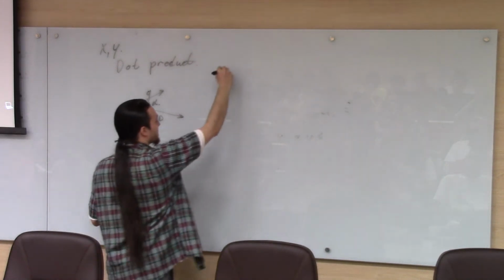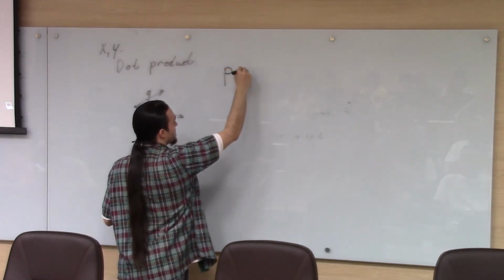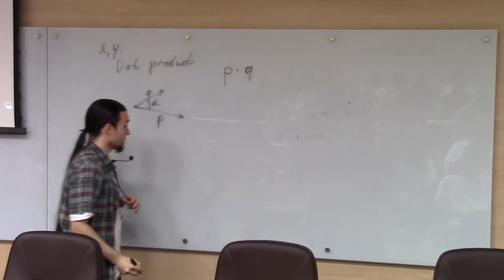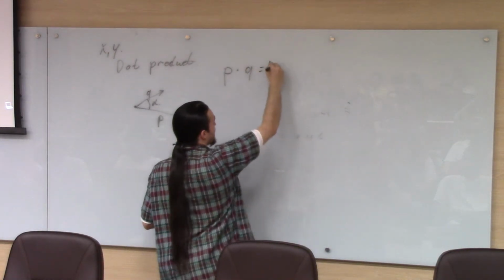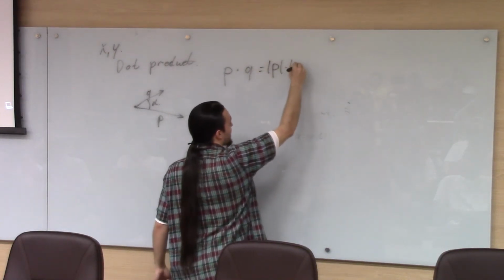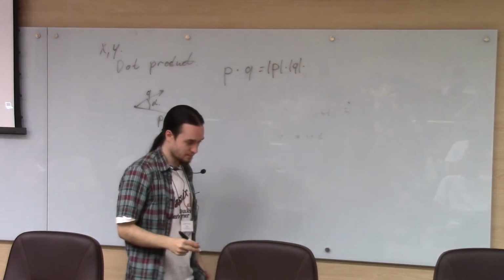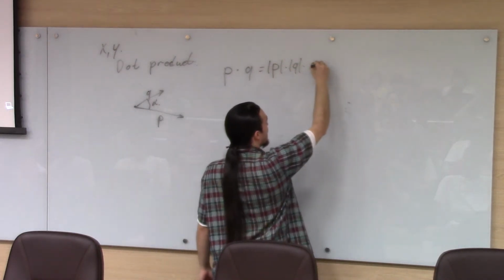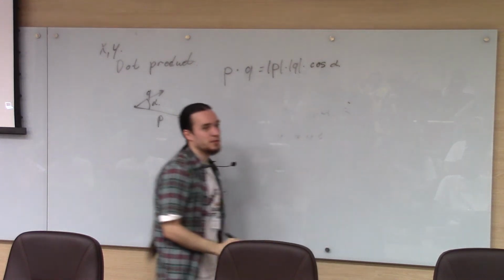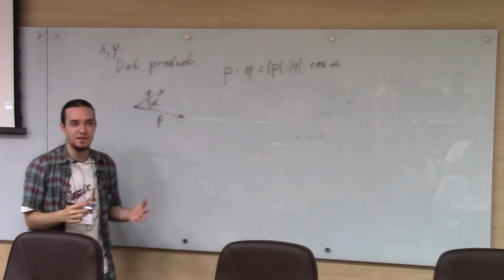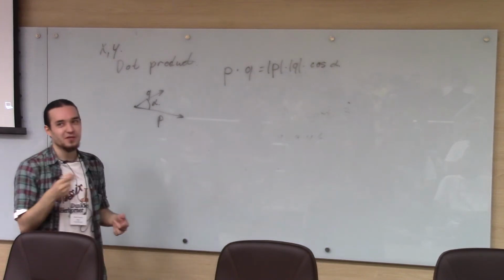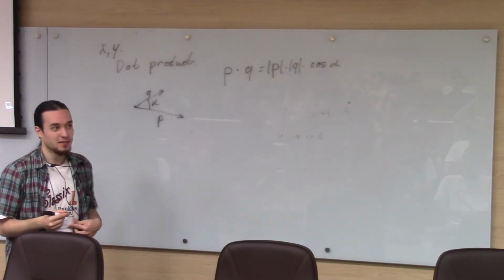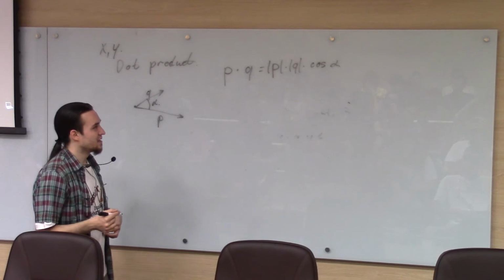The dot product, usually written P dot Q, is defined as the product of the lengths of these vectors times the cosine of the angle here. This is the definition, and we are not going to calculate it this way,